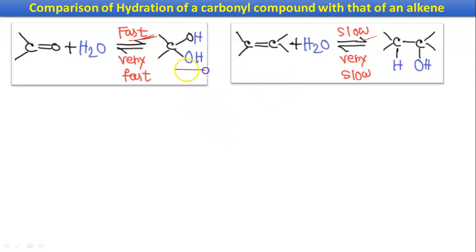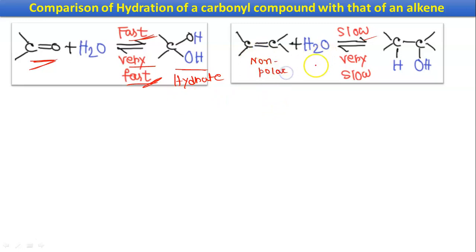And the hydrate that we are getting from carbonyl is actually less stable compared to the initial carbonyl compound. So the reaction will be endothermic, and as the hydrate is less thermodynamically stable, this one is more thermodynamically stable. As a result, the conversion of the hydrate to the starting material is very fast. So the activation energy for the forward reaction will be greater compared to the activation energy for the backward reaction. And in case of alkene, as it is non-polar,